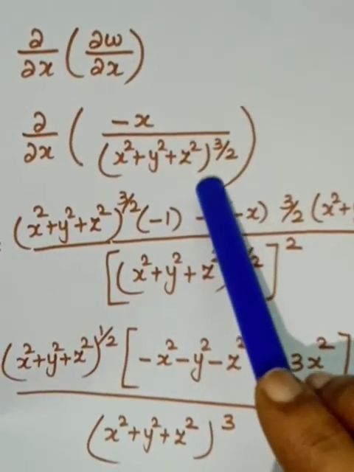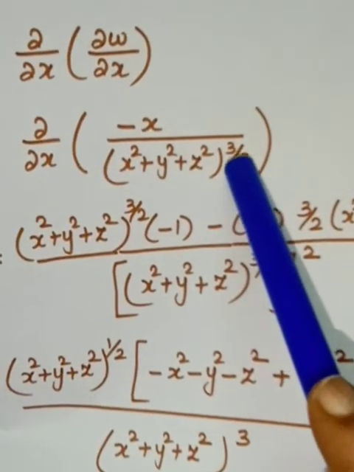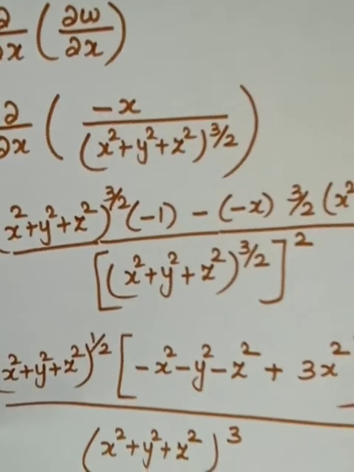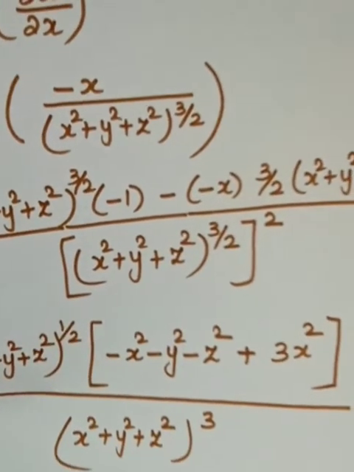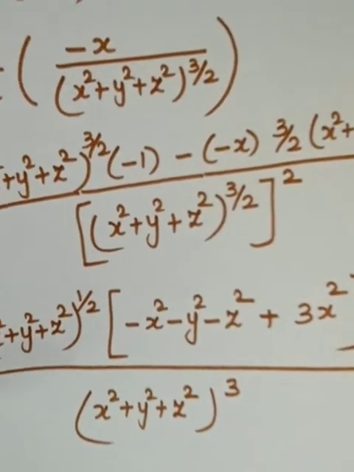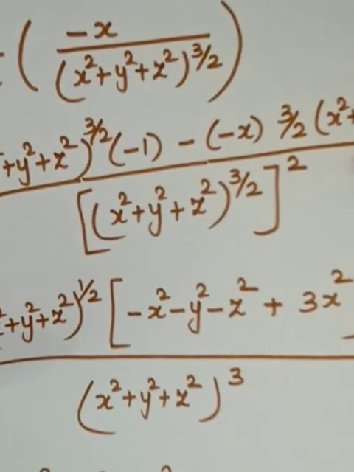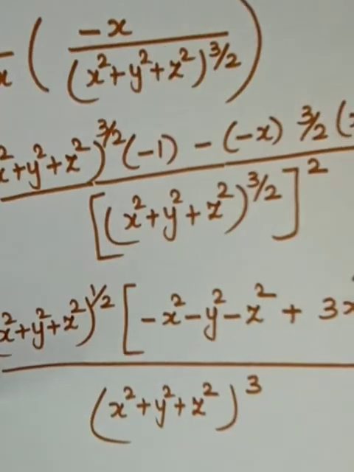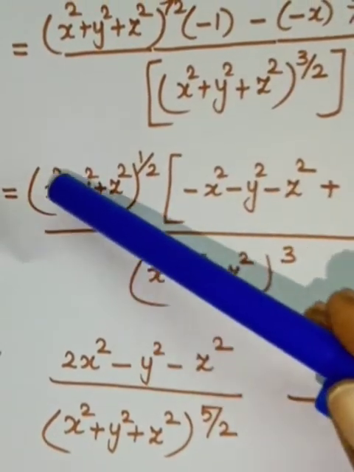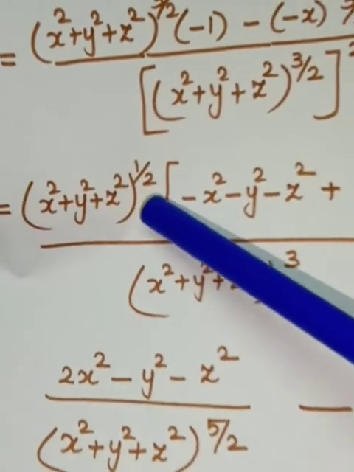Now this has to be differentiated. So you have to use the chain rule. In that, first the power rule. So the power 3 by 2 is written here. (x squared plus y squared plus z squared) the whole power 3 by 2 minus 1. What is it? It is 1 by 2. Again, this term has to be differentiated partially with respect to x, that is 2x. This 2 and this 2 get cancelled. From these two terms, (x squared plus y squared plus z squared) the whole power half is taken out.